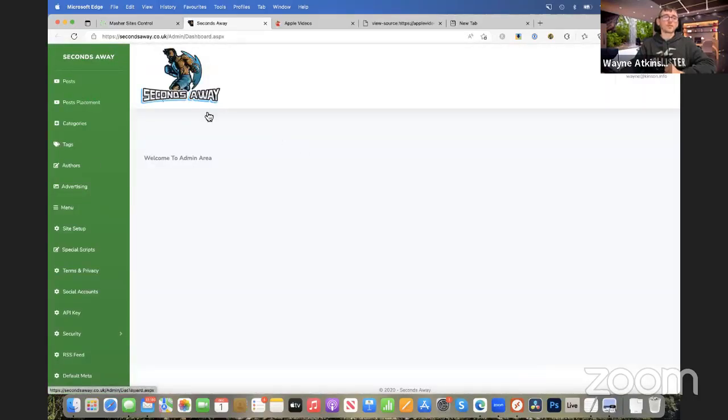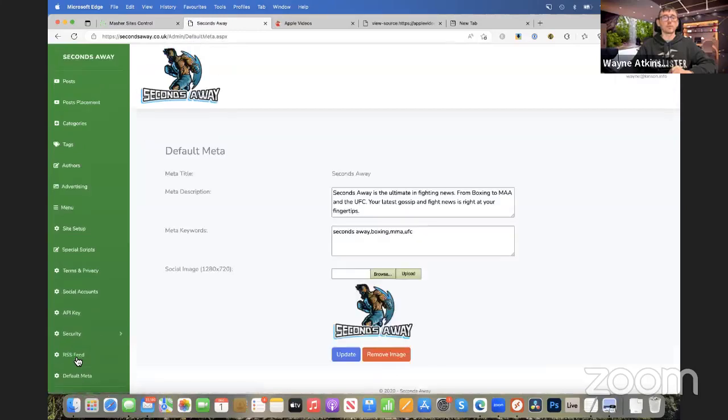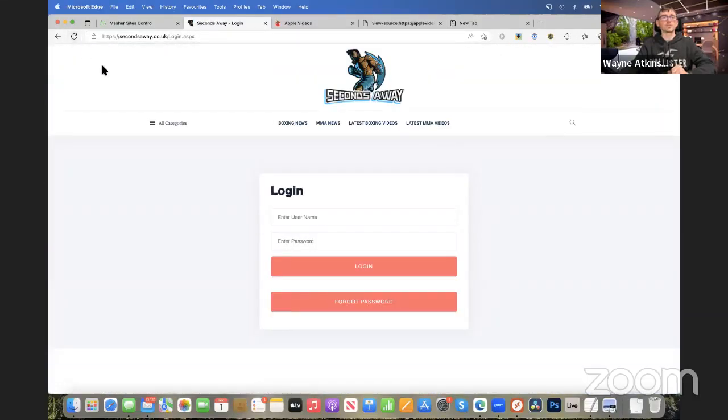Okay. So this is when you actually log into your site, you've got these menus down the side, and down the bottom, we've got default meta. Now this is where you would put keywords, upload the image, and there's the title of the site. But let's say, I'll just copy that out and I'll click update for the description. Then I'll log out, which clears the cache. And if we refresh,